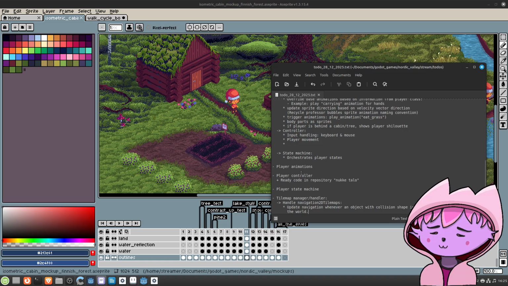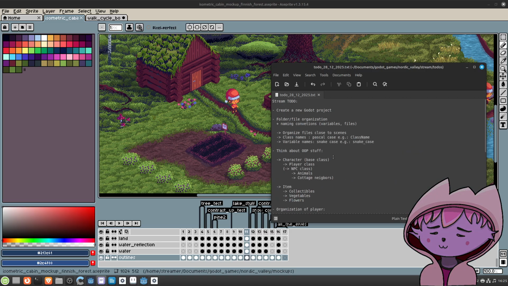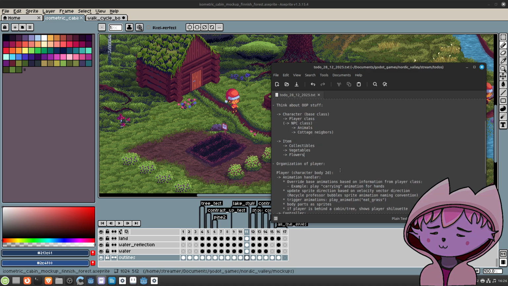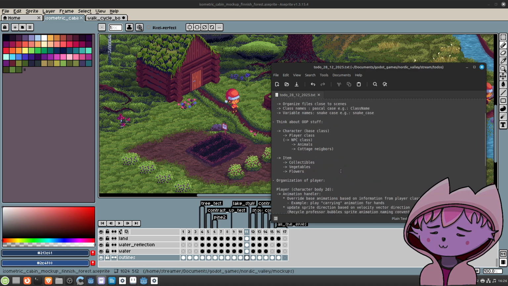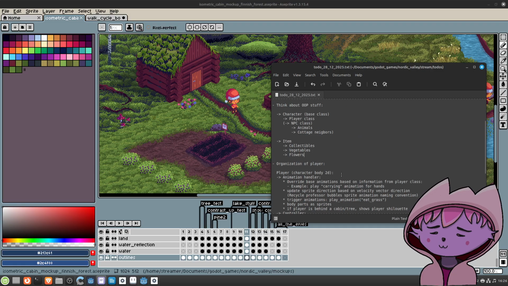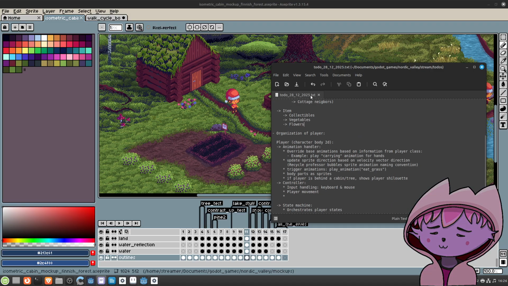So that is actually one more thing. This is actually not the best way to organize things in single text files.